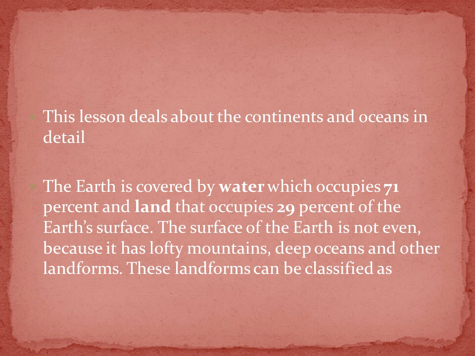This lesson deals about the continents and oceans in detail. The earth is covered by water, which occupies 71%, and land that occupies 29% of the earth's surface. The surface of the earth is not even because it has lofty mountains, deep oceans, and other landforms. These landforms can be classified as